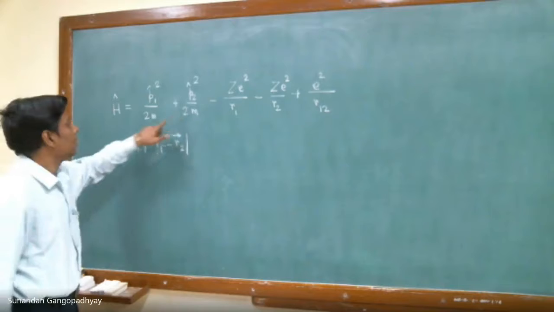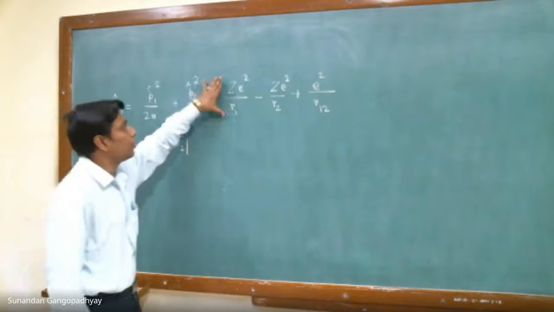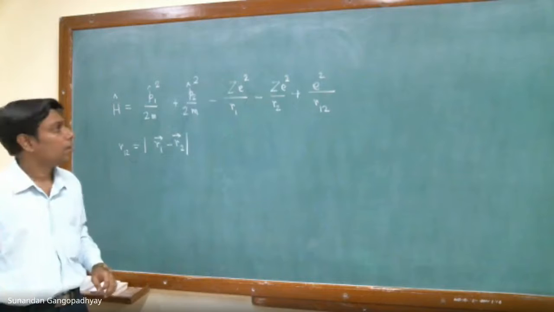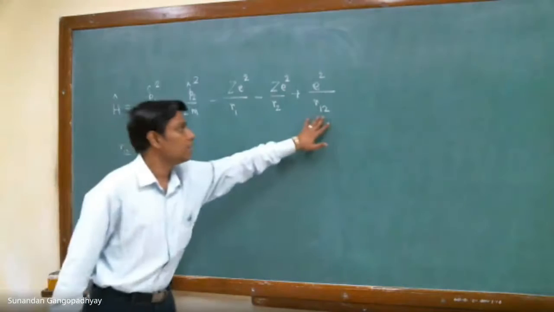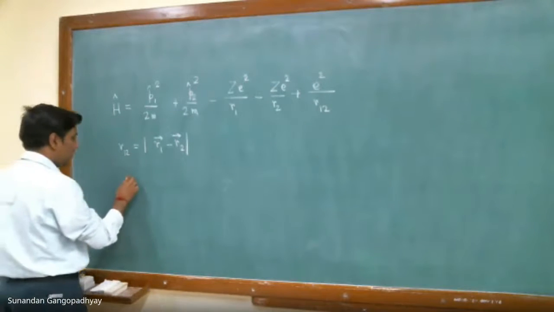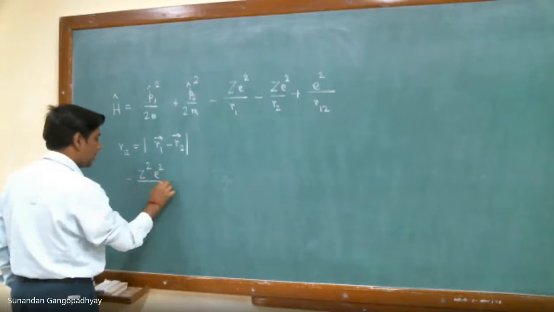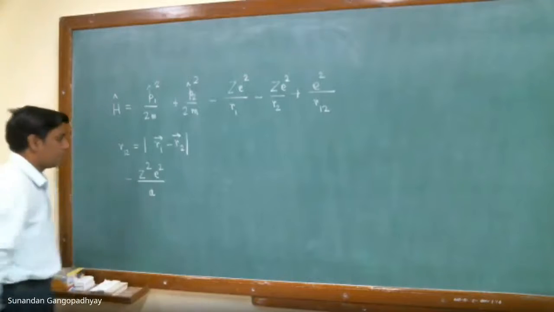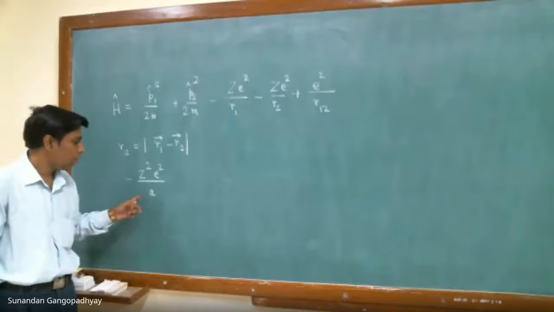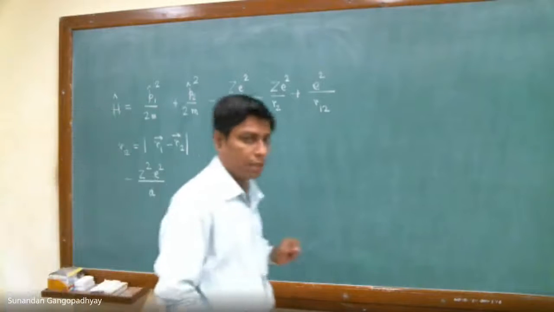This is the sum of the kinetic energy terms for the two electrons, and this is the potential energy experienced by the electron due to the nucleus of the atom, and this last term is the Coulomb repulsion term. We have seen that the unperturbed ground state energy is given by Z square e square by a. It is actually 2a for each electron, but you have two electrons, therefore it gets multiplied by 2. Therefore, this is the unperturbed ground state energy.